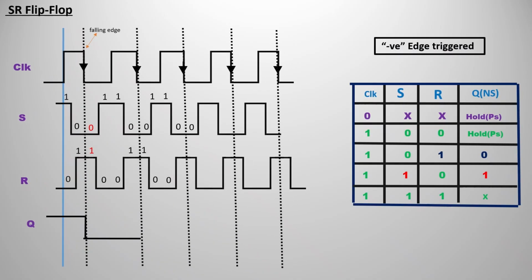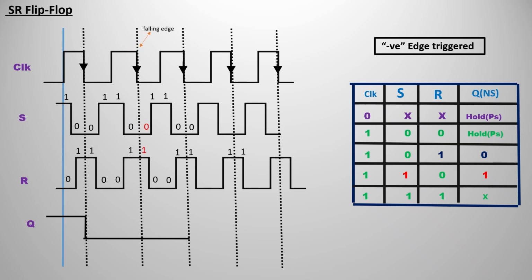So in the same fashion, indicate ones and zeros in the input. Two inputs, S and R. You can see how I am representing over there. Then the first falling edge, you can see over there, that is the falling edge. Up to then don't change anything. When you see the first falling edge, you are going to compare S and R, that is, set is 0 and reset is 1. So you are going to reset our output Q to 0. Then up to the next falling edge, so that we are able to control our output based on the clock falling and rising edges.